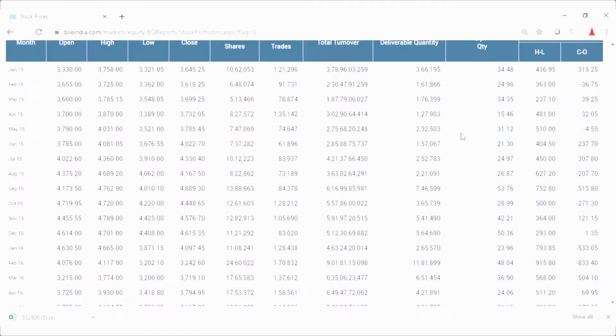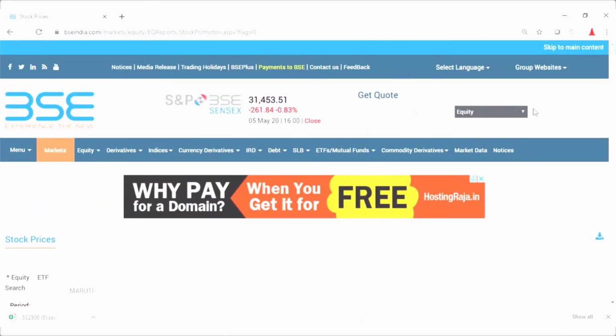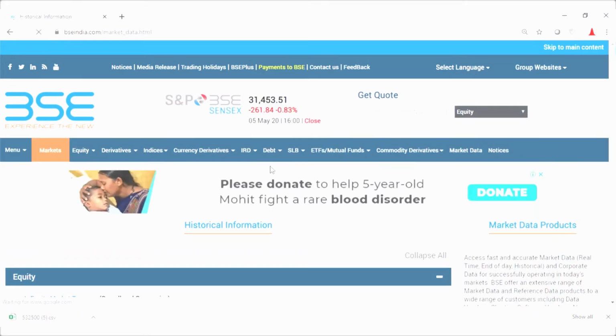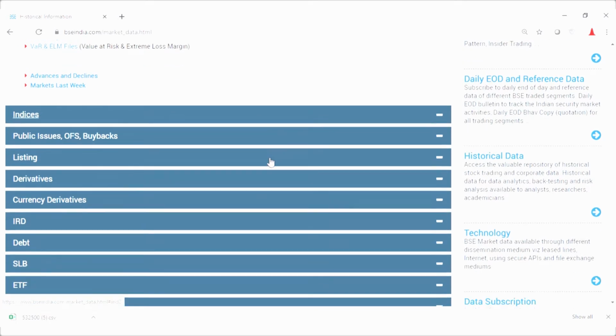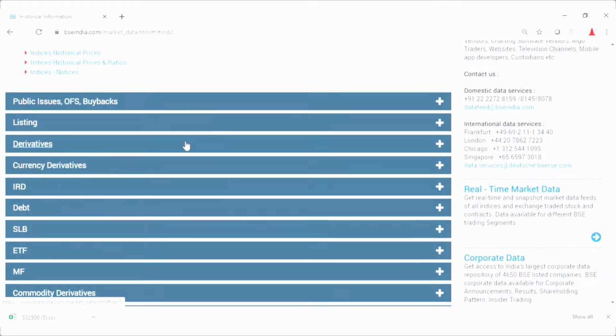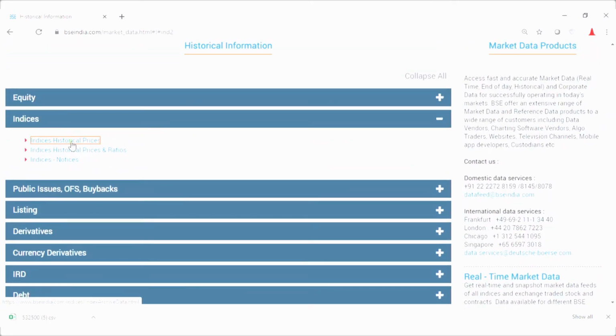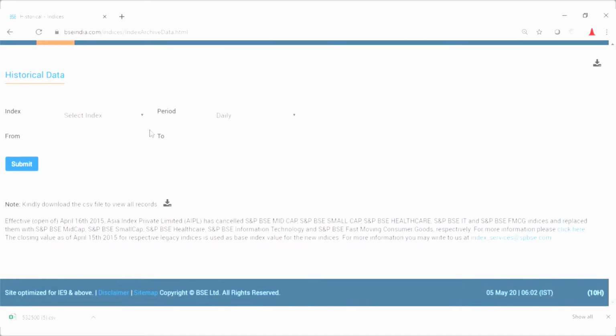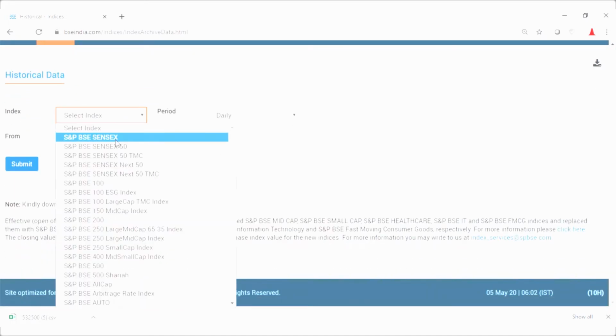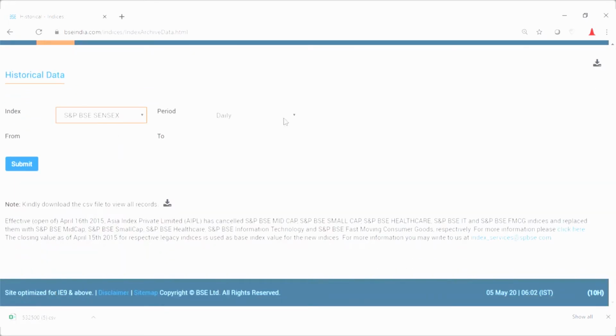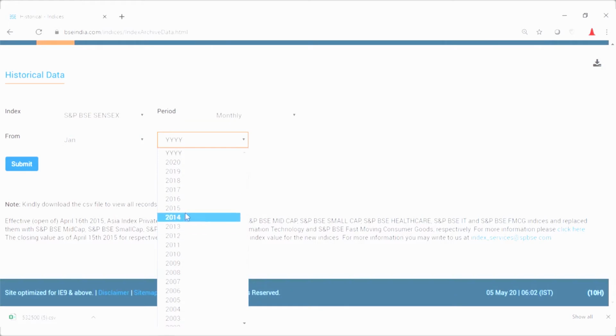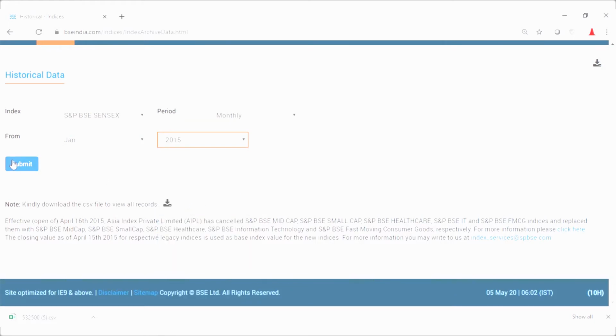And then we can download data for Sensex also. So we click market data again, and here in the tab of indices, we have indices historical prices. From here we select BSE Sensex, period monthly, from January 2015, and press submit.